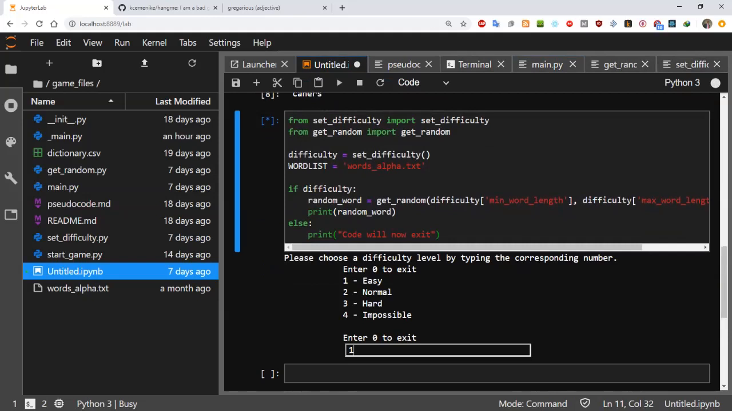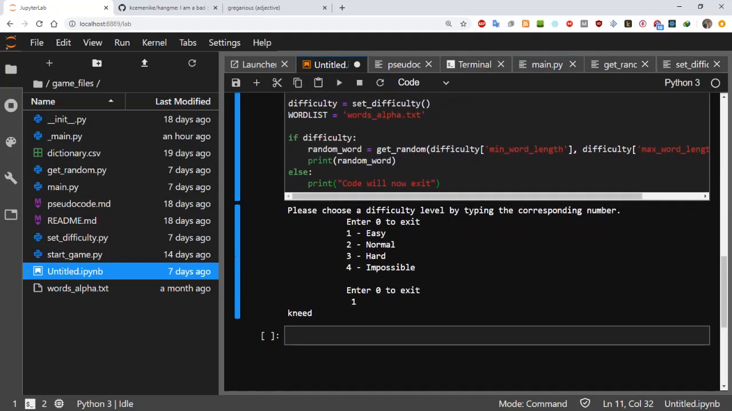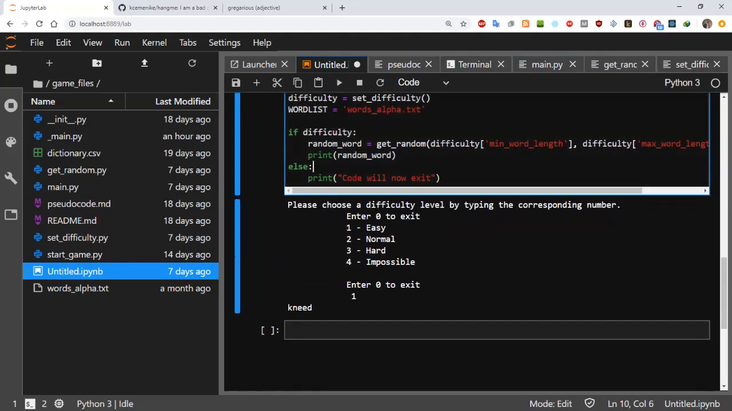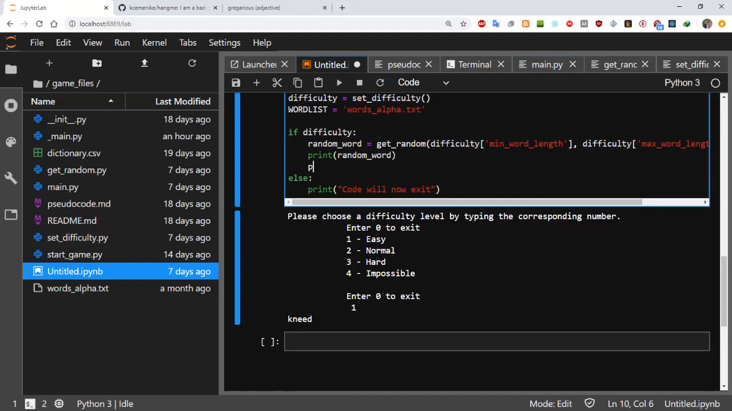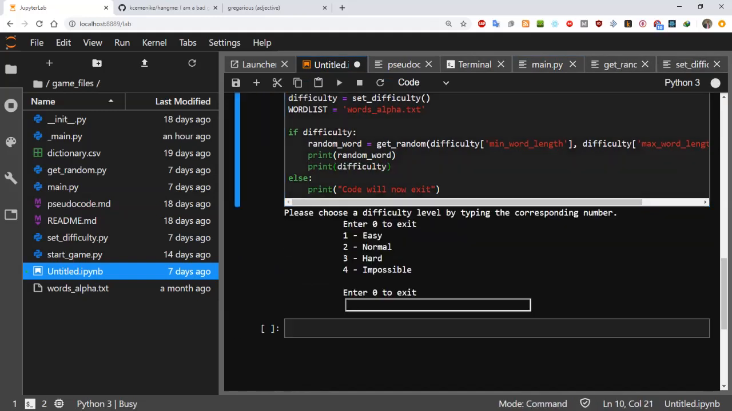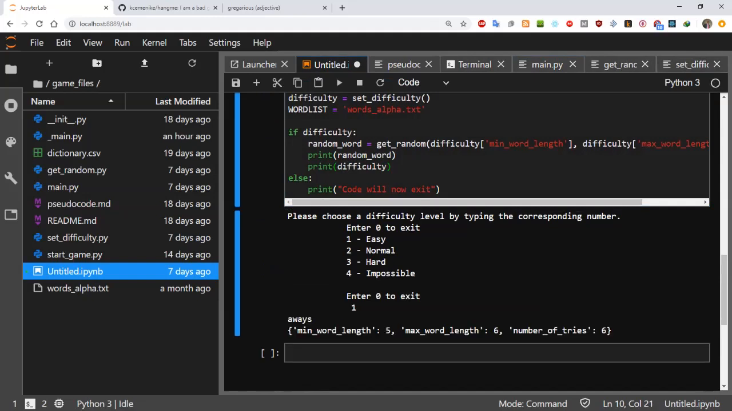Let's be sure that this works. One. Okay. So it prints. That's good. Let's add one more thing. Print difficulty so that we can see the results. Okay, so